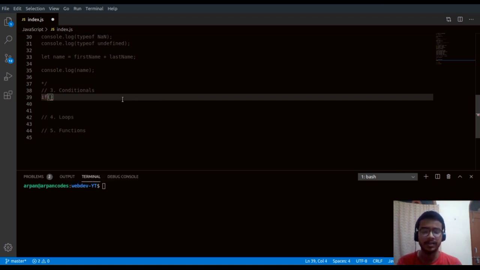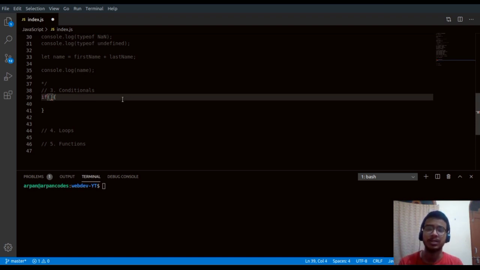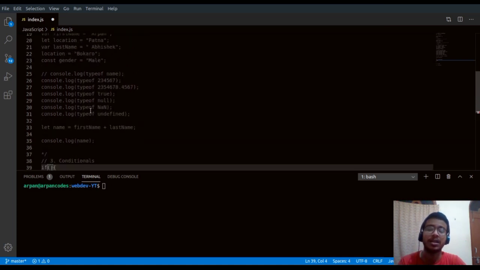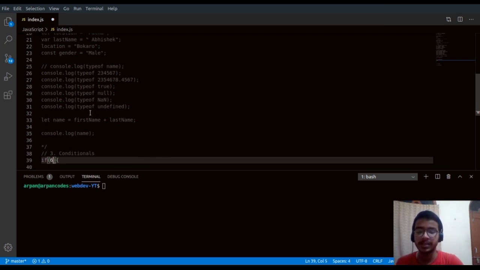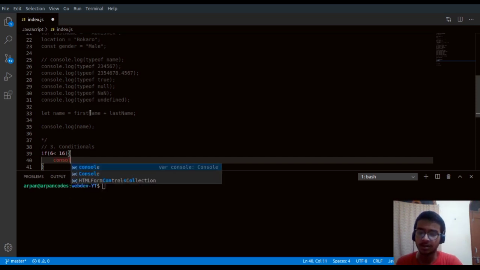The most commonly used conditional is the if statement. There are two more, but if is really common and you're going to use it a lot. With if we have to write a condition, basically a condition that will return true or false, like 6 is less than 16. It's true, right? So console log